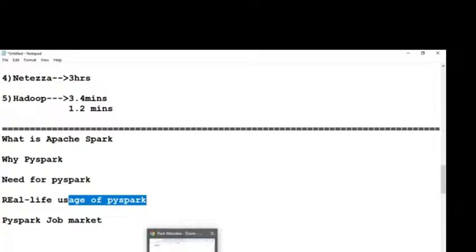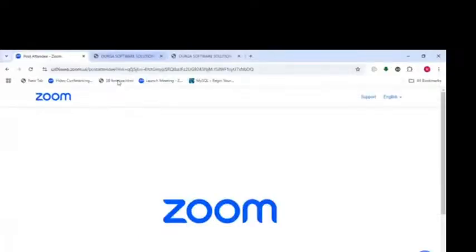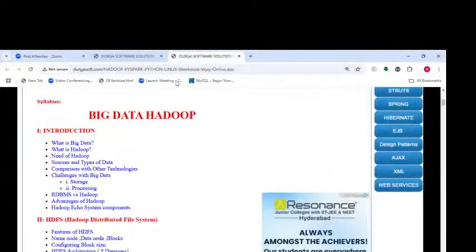You can see the course content, what I'm going to discuss as part of this. Big data Hadoop. What is big data? Why Hadoop? Drawbacks of these databases, sources and types of data, comparison with other technologies, RDBMS and Hadoop, advantages of Hadoop, Hadoop ecosystem components, HDFS, the first thing, the Hadoop distributed file system,